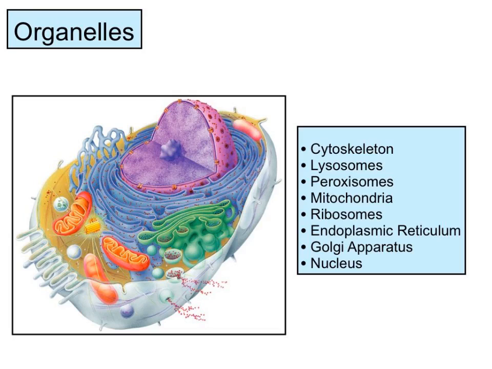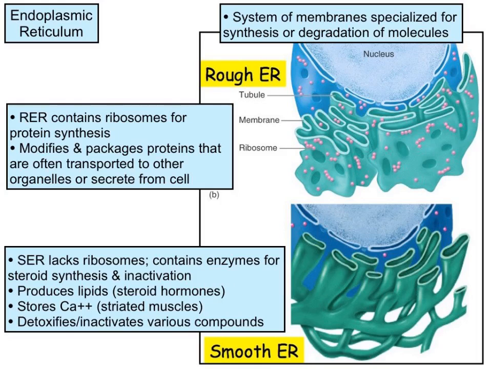So let's look at our endoplasmic reticulum. Our endoplasmic reticulum is a system of membranes specialized for synthesis or degradation of molecules. Now we have two types of endoplasmic reticulum. We have something called rough endoplasmic reticulum, or RER, rough endoplasmic